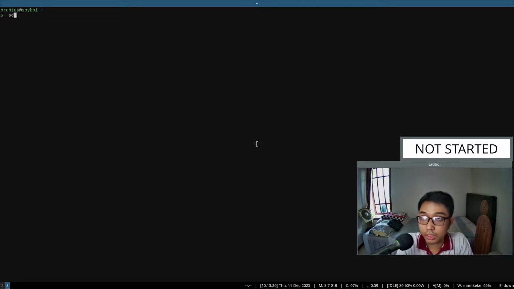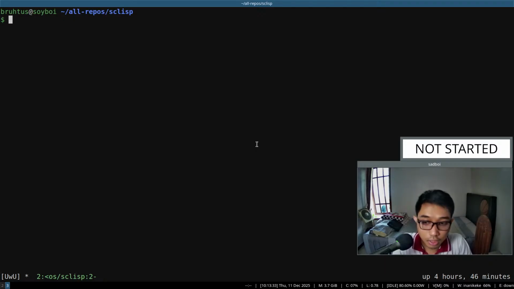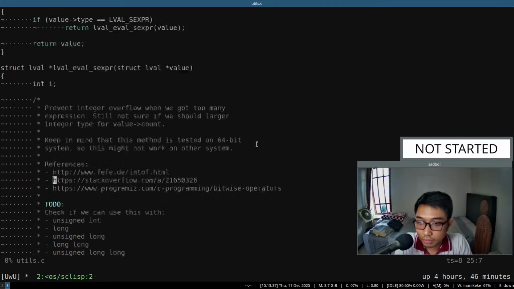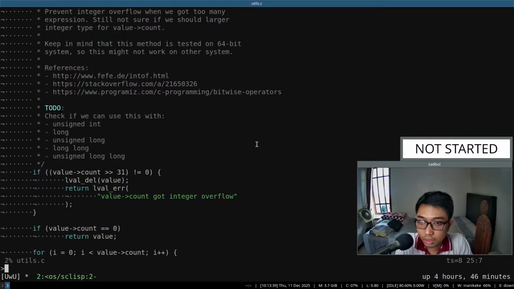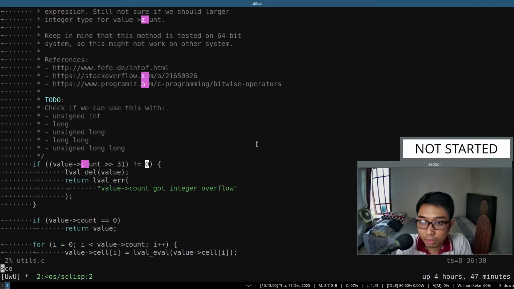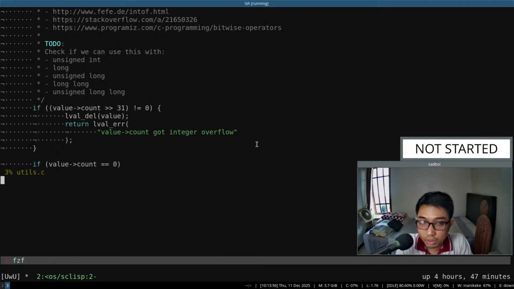Before we continue our previous exploration, let me check this first. Okay, so previously we were trying to check for the integer overflow with count, which is, let me open this,